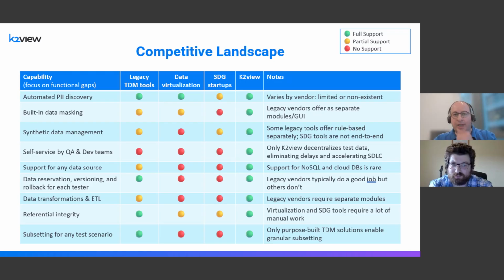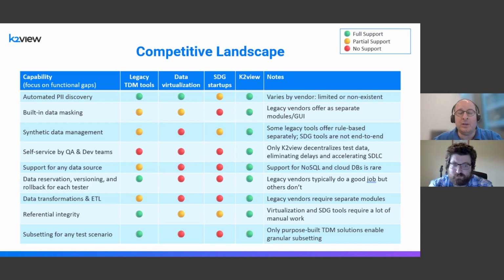If you cannot find the sensitive data, then what is your masking actually accomplishing? If you're only masking the data that you know about, but you're leaving PII in areas where it should not be, then you haven't accomplished what you need to accomplish. This is something that most vendors give some attention to, but